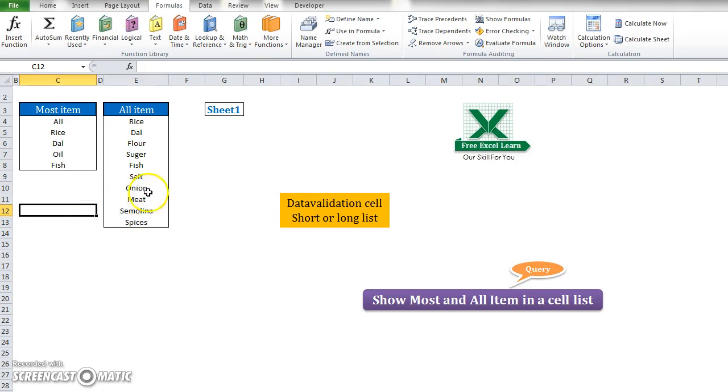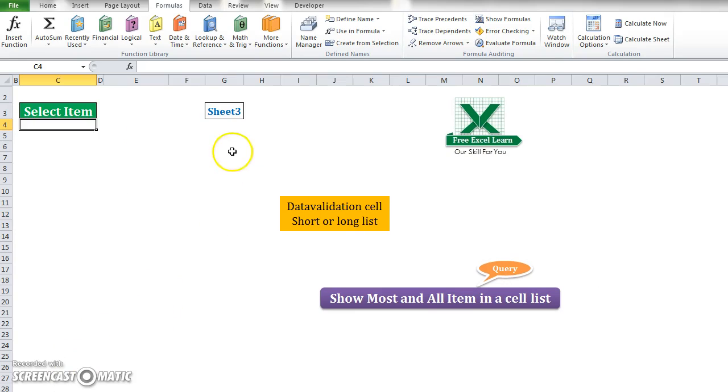Then I will go to another sheet, sheet 3. In here you see that I wrote before select item, but what select item? I will create that item list. Okay.